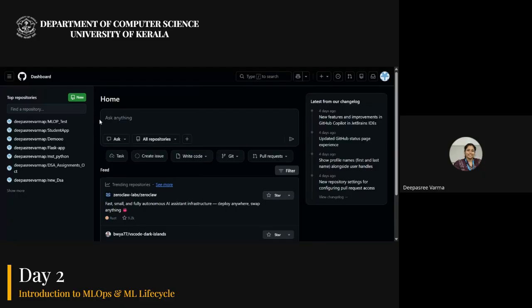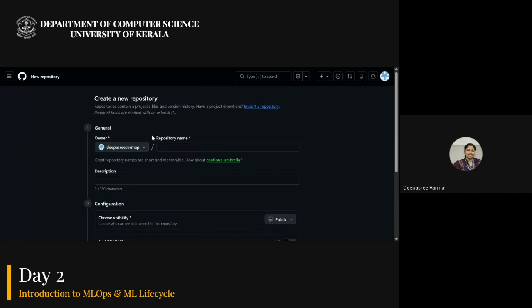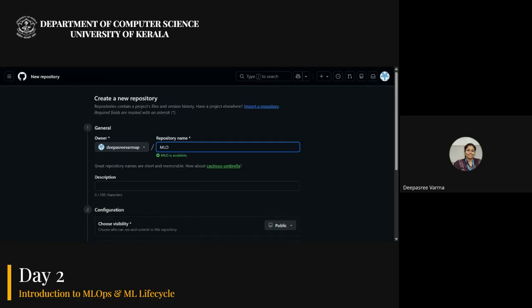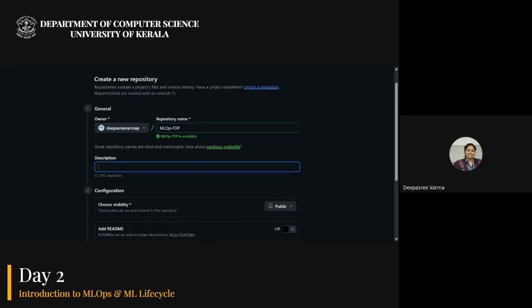Okay. So as you know, in GitHub we can create repositories. For this purpose, I'm creating a new repository. I'm giving the repository name MLOps FD. If you want, you can give it a description, MLOps demo.